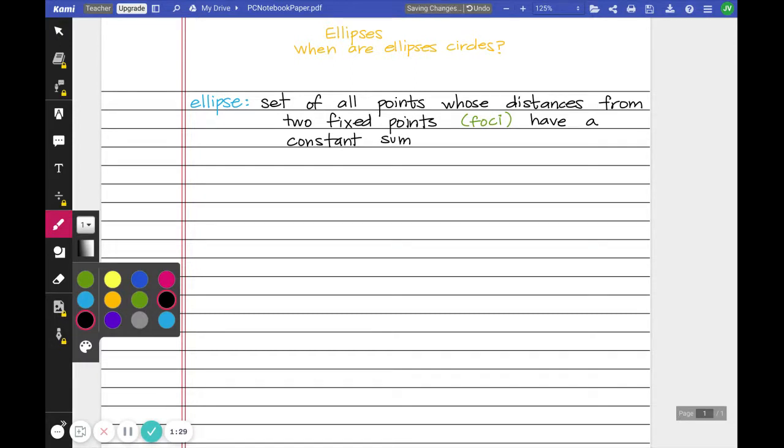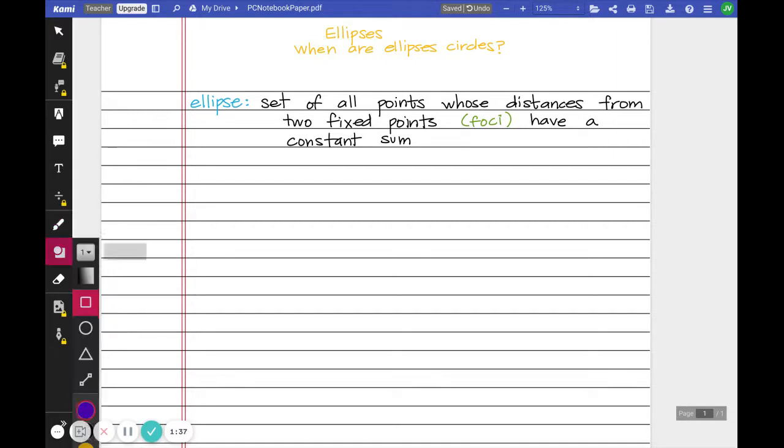So for a circle, it's 1 point, one fixed distance. Now we have 2 points, so it means we have 2 distances, but they just have the same sum every time. So if we draw an ellipse,